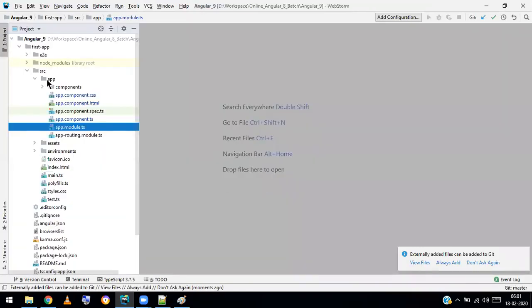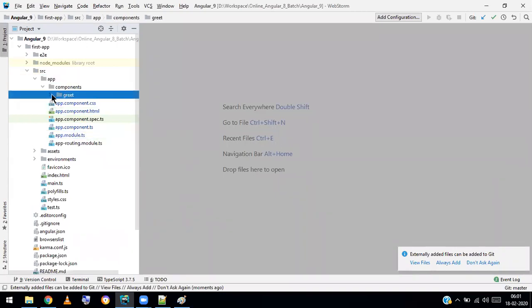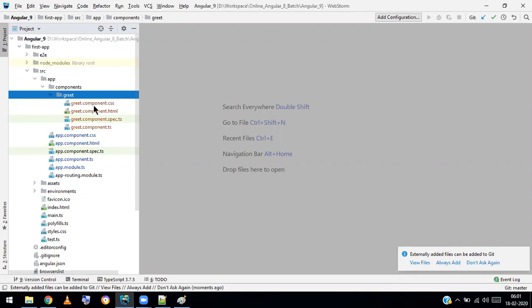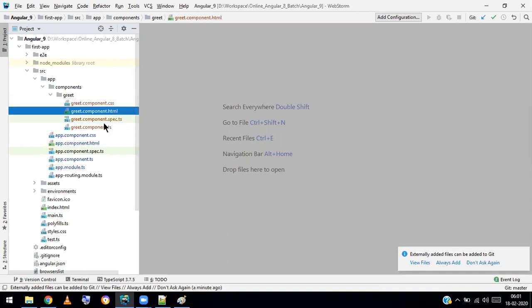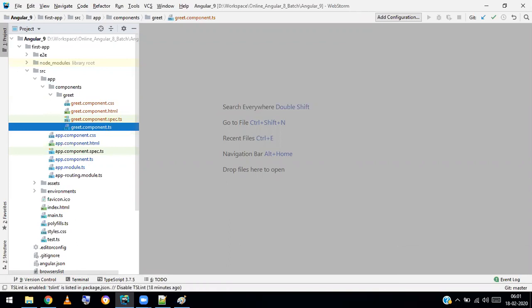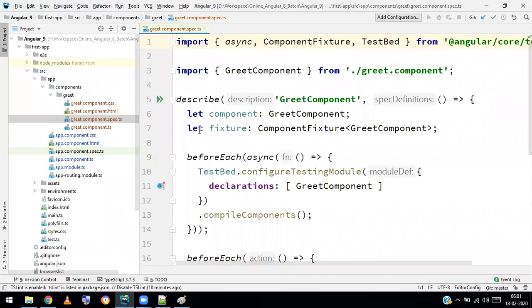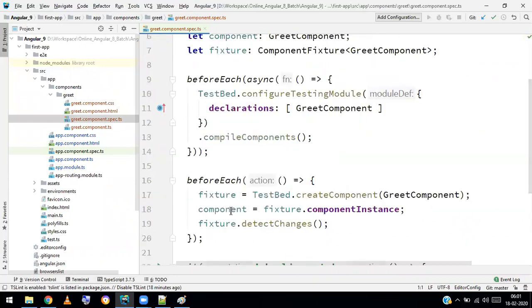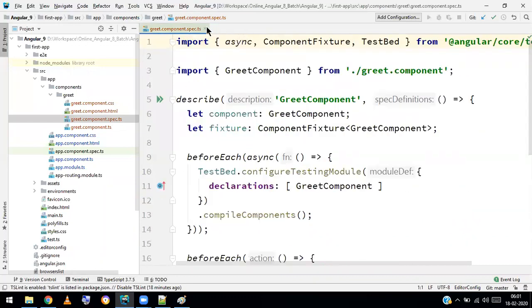And when I go to the app folder, we have the components folder. In that, it generates a new grid folder which has a few files: CSS, HTML, spec, and TS. So CSS is for style sheet, HTML for structure, and .ts to provide data. It acts as a controller for your UI components, and the spec.ts is for unit testing purposes. As of now, we don't worry about the unit testing concepts here.